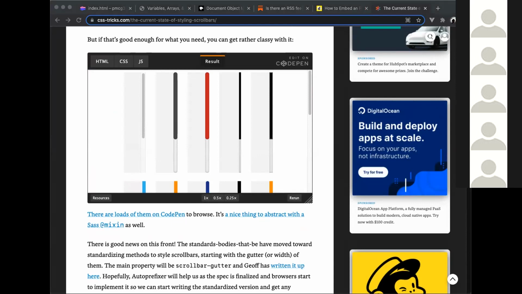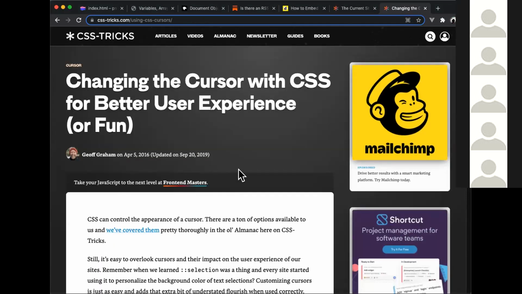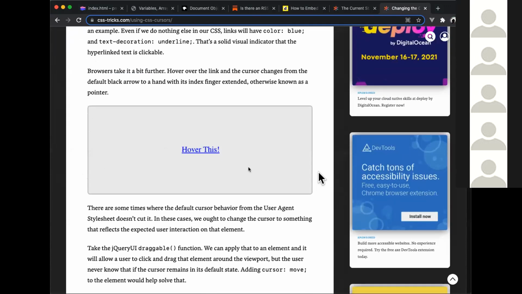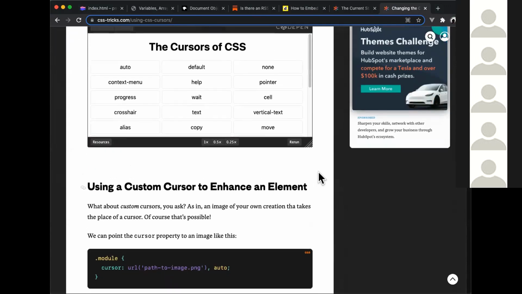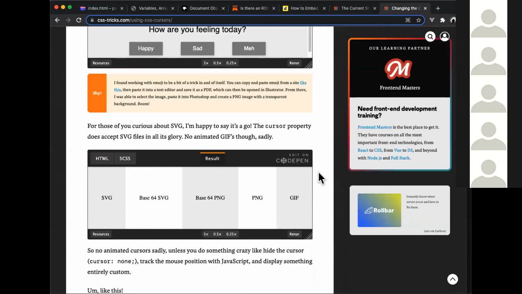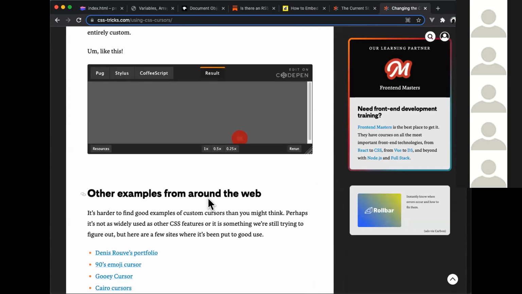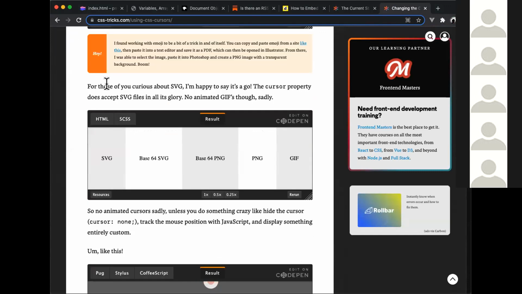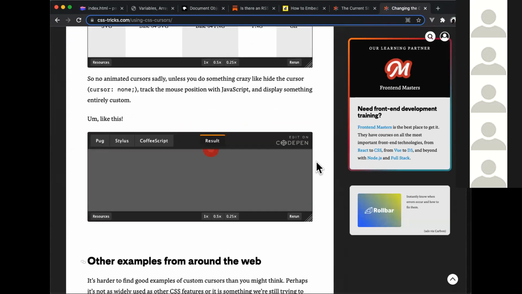One that is slightly more complicated though, Henrika, you were curious about animated cursors. Yes. I wish I could tell you there was an easy way to do it, but there's not. Okay. It's still totally doable. Just the way that you have to do it is you scroll all the way to the bottom here. So where we say the cursor accepts SVGs, no animated GIFs. It just shows animated GIFs as standard. But what you can do